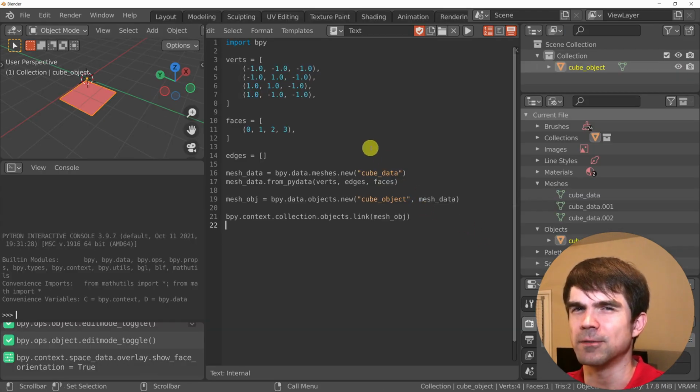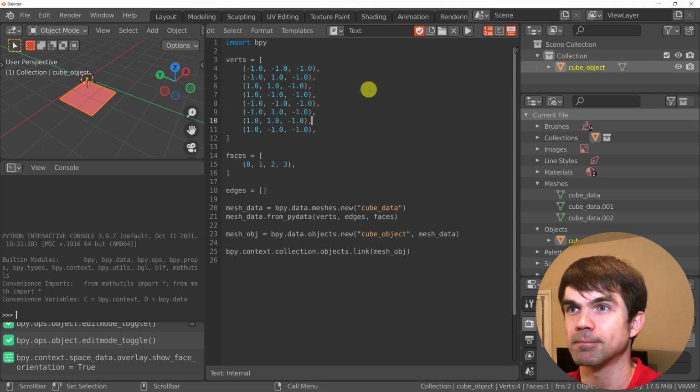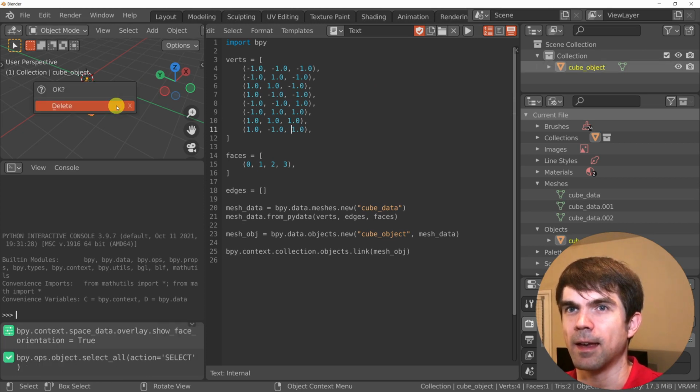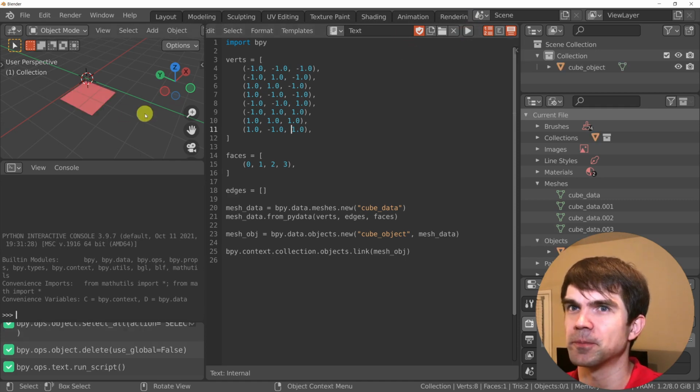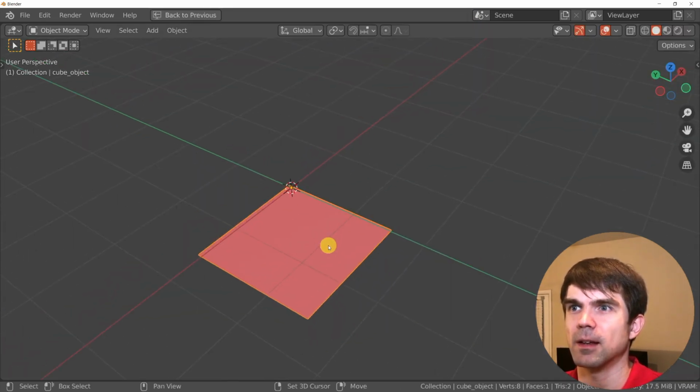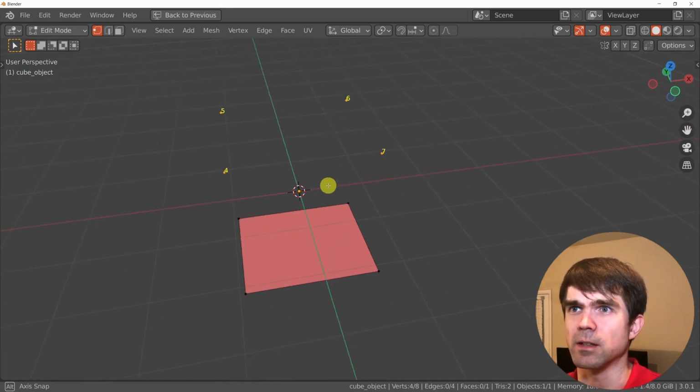All right, now I'll define the rest of the verts. So we need 4 more. Now let's again hit AX and delete in the viewport to remove everything and rerun the script. As you can see, we have these 4 new verts at the top.